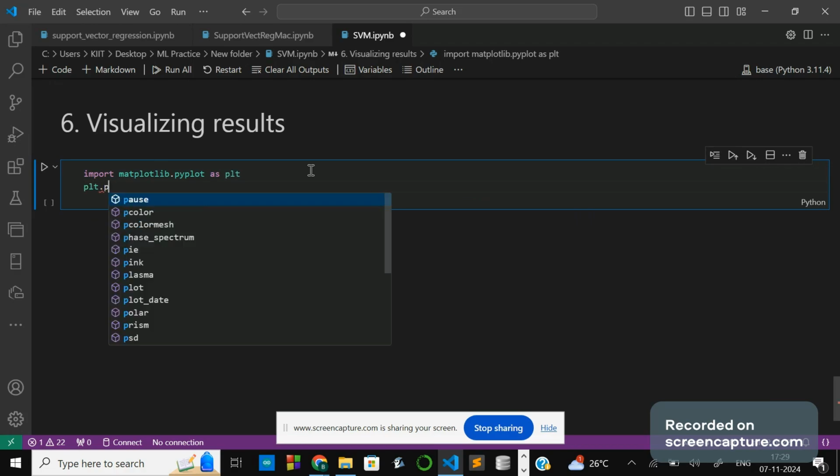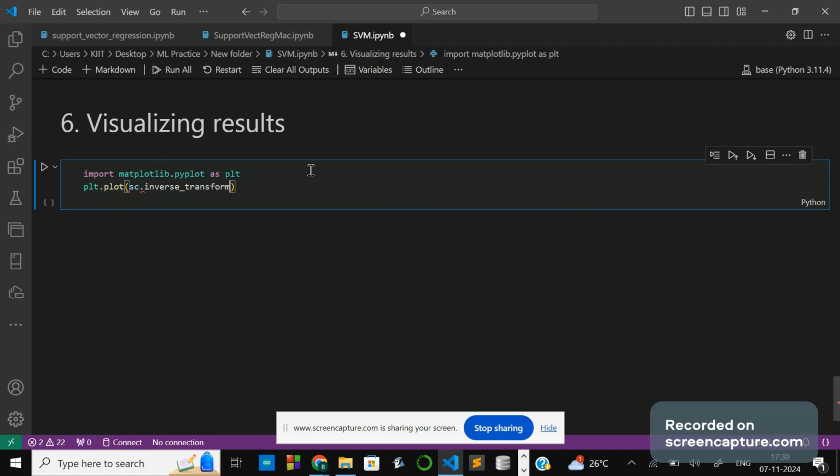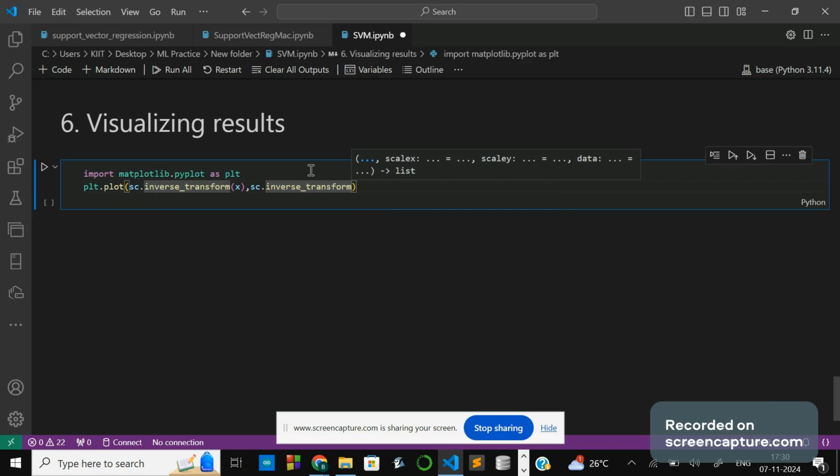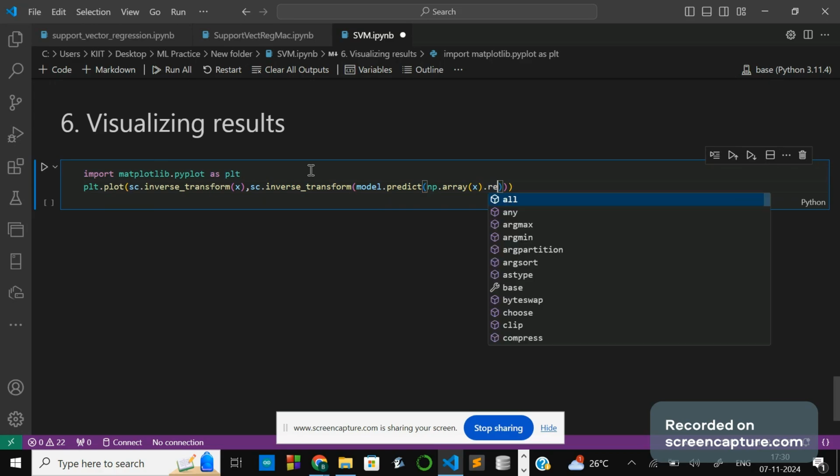So I have to plot sc.inverse_transform(x), comma, sc.inverse_transform(model.predict(np.array(x).reshape(-1, 1))),